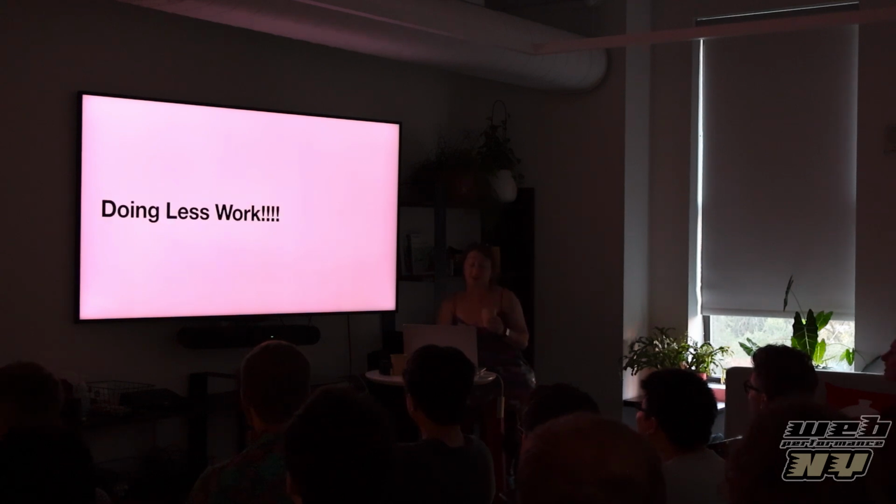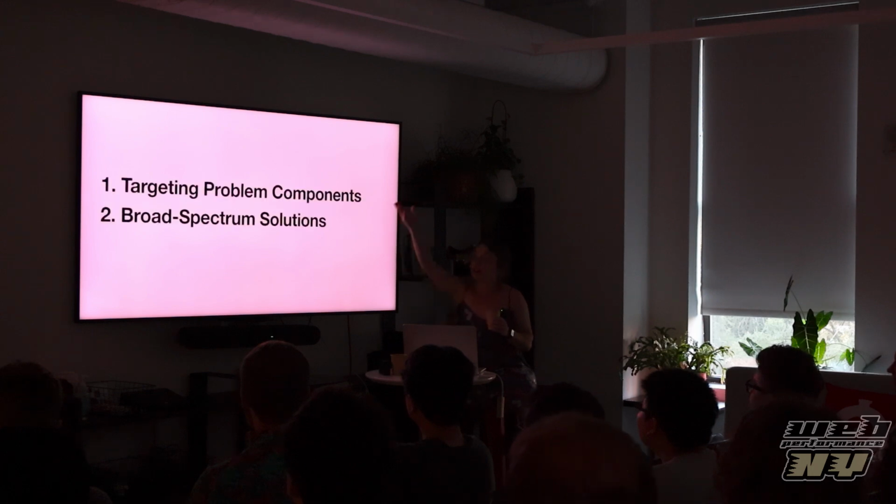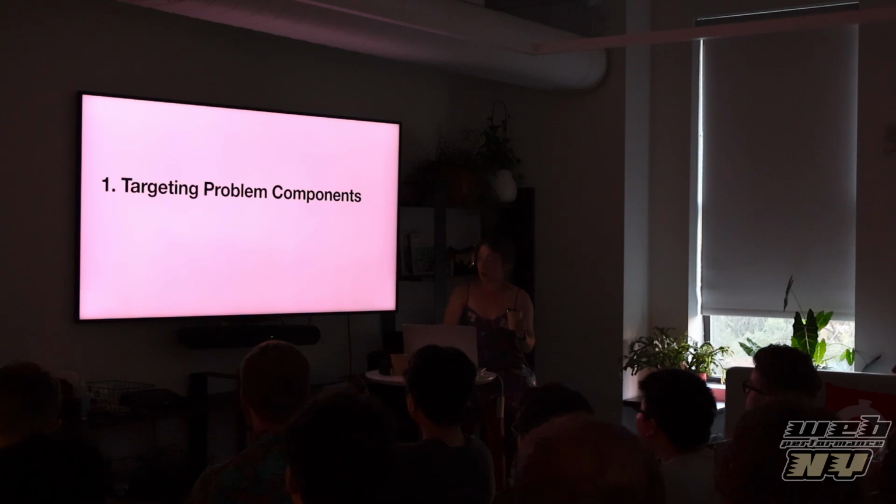We just had to figure out where were we doing work that we didn't need to be doing. And this came in two sections. So one was targeting problem components. There were some components that were worse offenders than others, and then broad spectrum solutions. We just had to figure out how to do this everywhere. How could we do less work everywhere? But the first one,